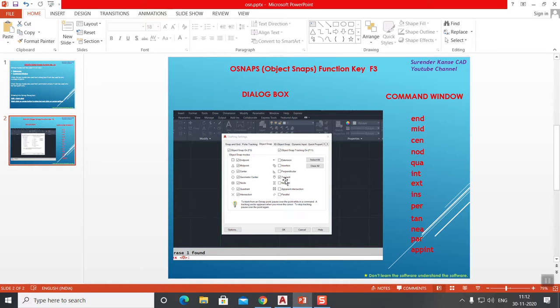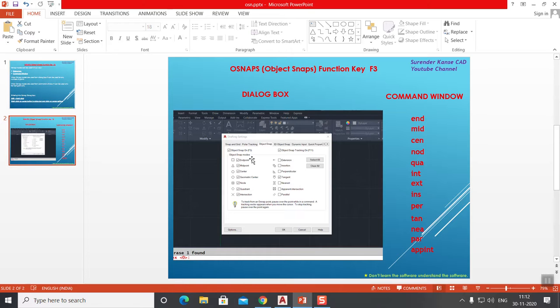The general tendency, from the practices I've seen, is that people select all and make all the OSNAP modes on and then start using them. But I don't suggest that technique. The reason is that there are certain interdependencies among the OSNAP modes. For example, tangent only works when center and quadrant are off, or if nearest is on.